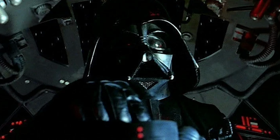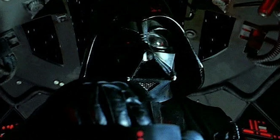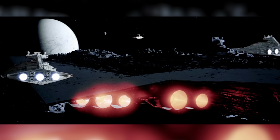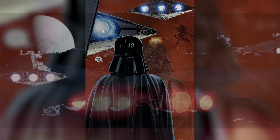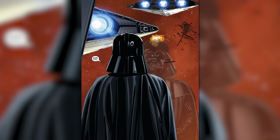Back in canon, Vader wastes no time in hunting the rebellion with his new warship. He travels the galaxy with his Star Destroyer escort, christened Death Squadron. This armada, led by Vader, was terrifying just by reputation. The first official mission for Death Squadron was finding the rebel base and putting them down after their victory at